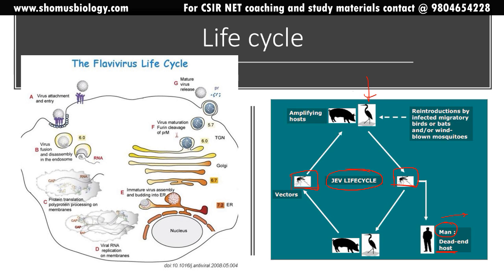So the starting reintroduction, so the amplifying hosts here are the swine and birds. This is where this particular virus amplifies and grows in number, and once they grow in number, mosquitoes bite them, and the virus now attaches to the mosquito. Once the infected mosquito bites the human, in that case, it will transfer the virus, flavivirus, from the pig or bird into this man. Okay, this is how it works.